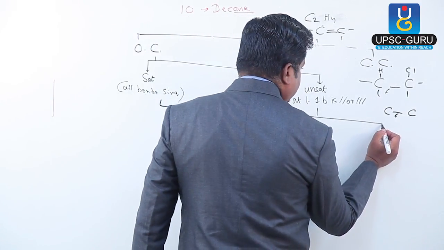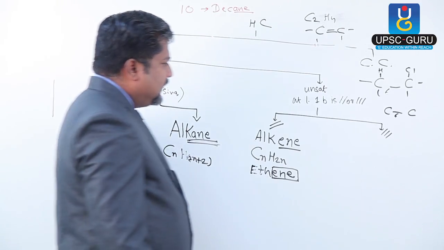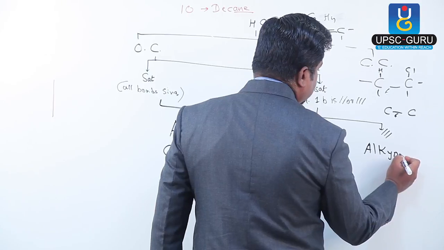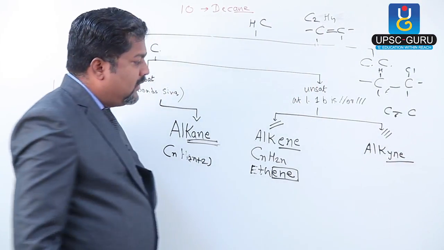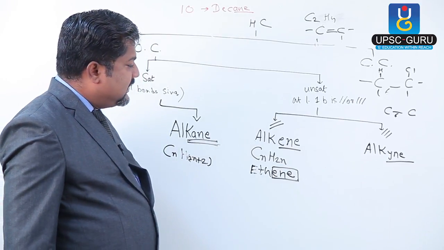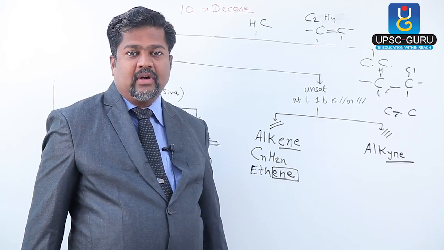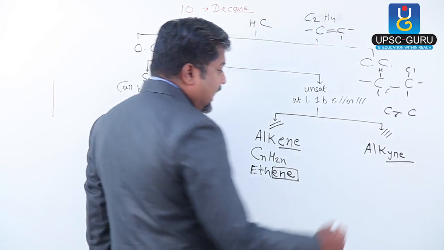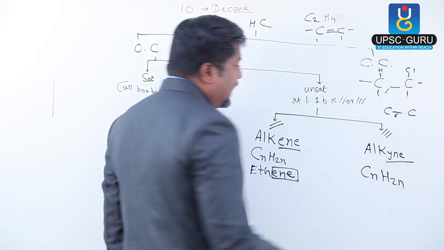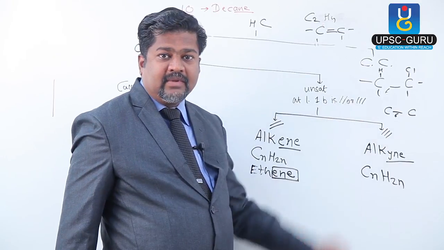In the same way, if a triple bond is present, then that compound we call an alkyne. So here we add the suffix as YNE. So this is alkene, with a double bond. If any one triple bond is present, it is called an alkyne. Now alkyne has the general formula CnH2n